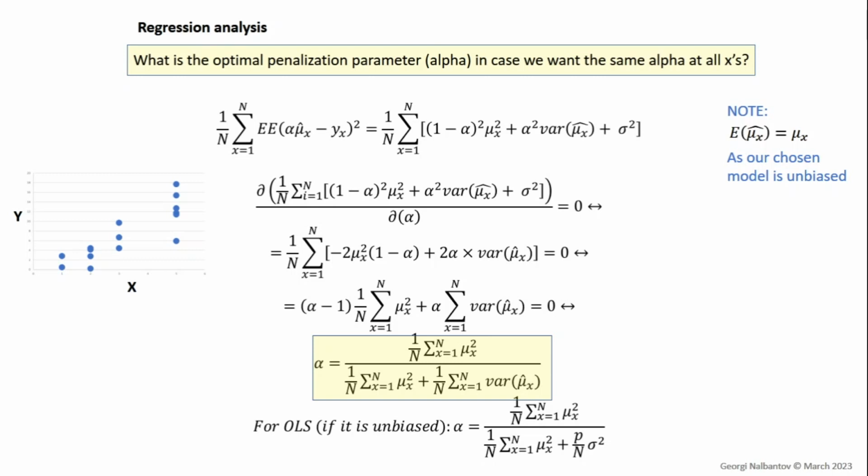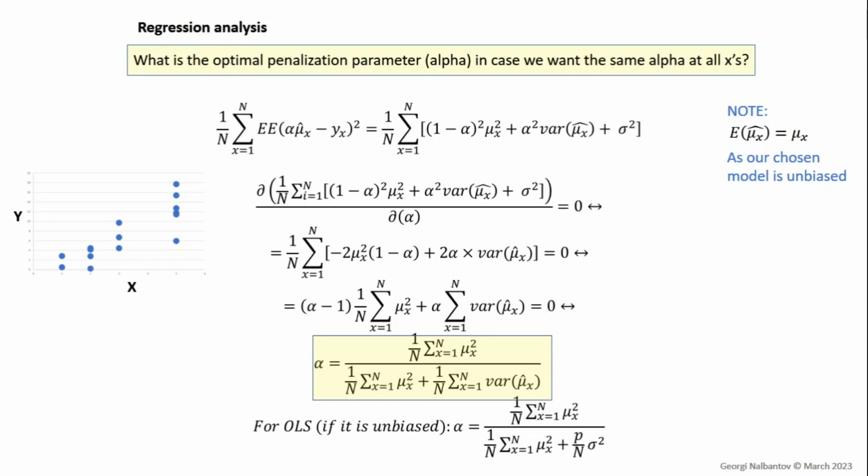It is with this alpha that is at the end. And the interesting thing is the term with the variance of mu hat x, and the sum of all variances over x is equal to p over n times sigma square, where sigma square is the variance of the y at x. It's assumed to be the same, the variance over all x,